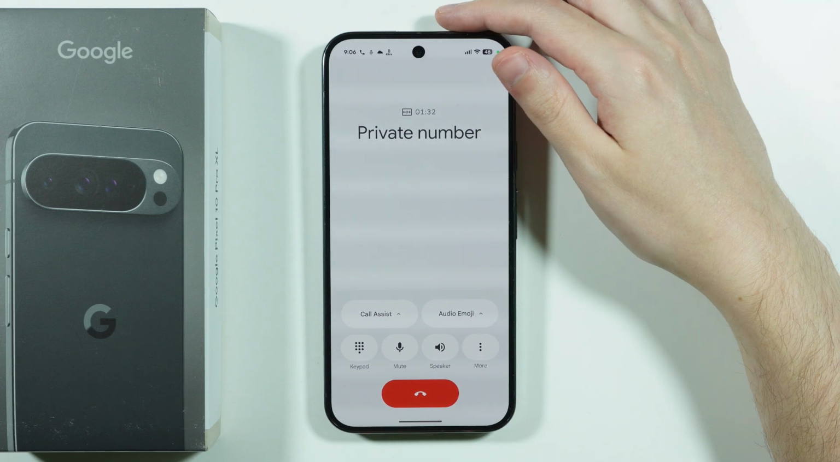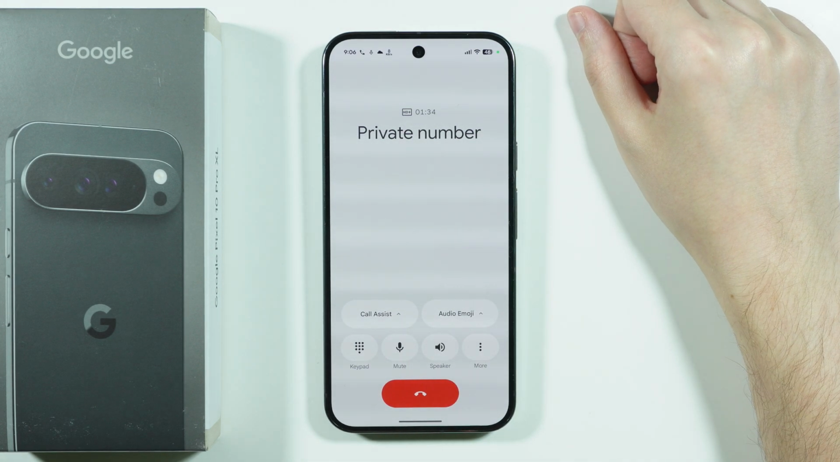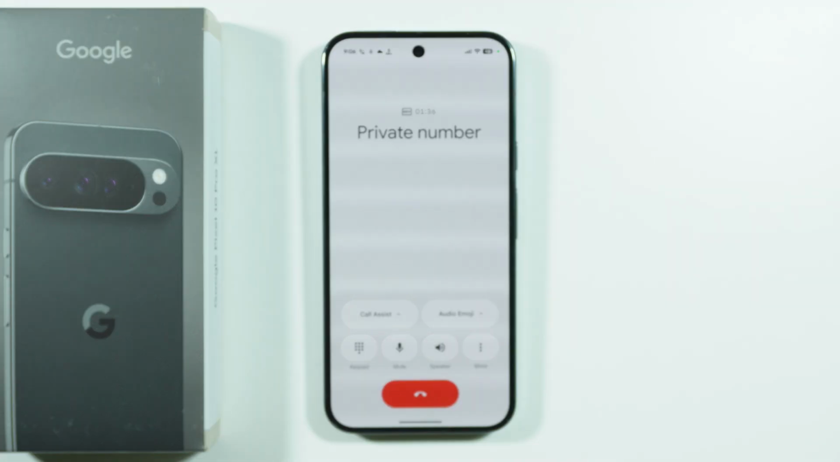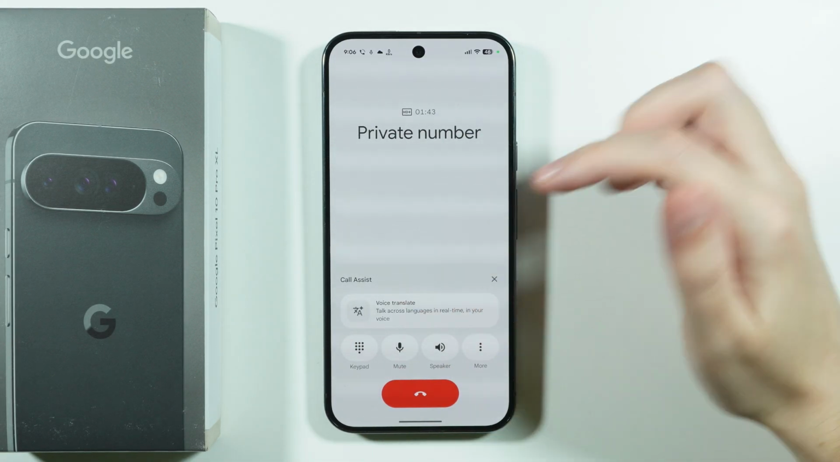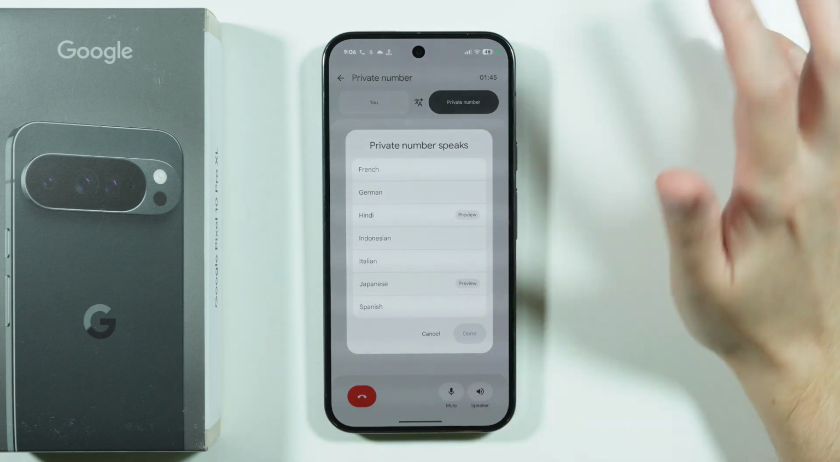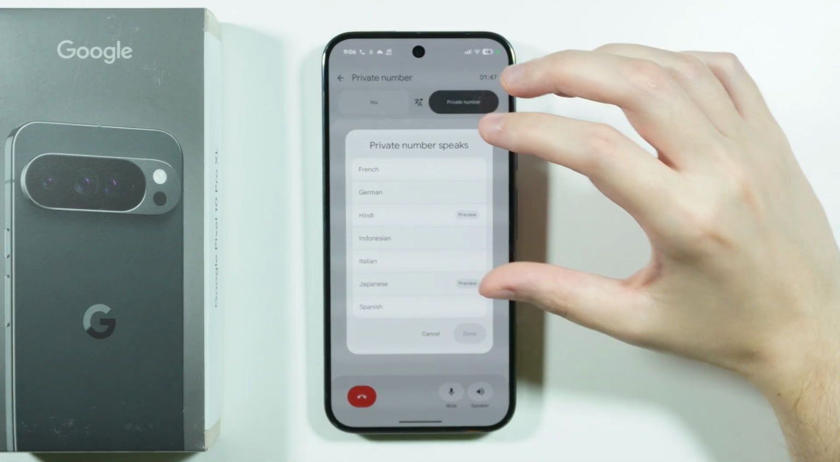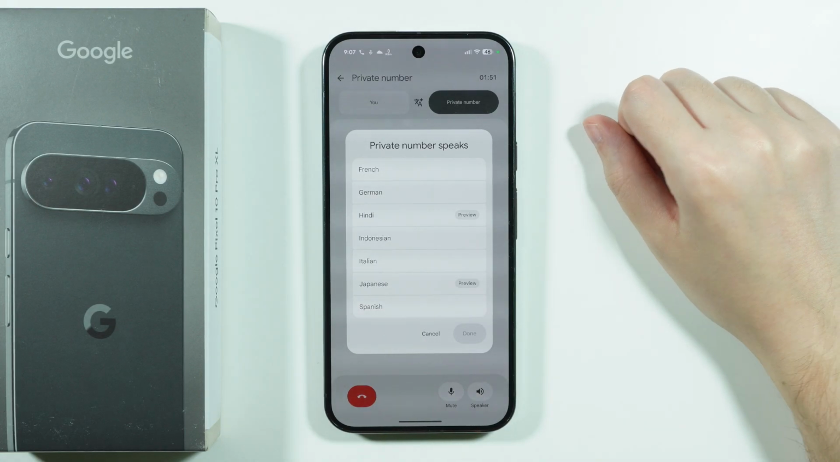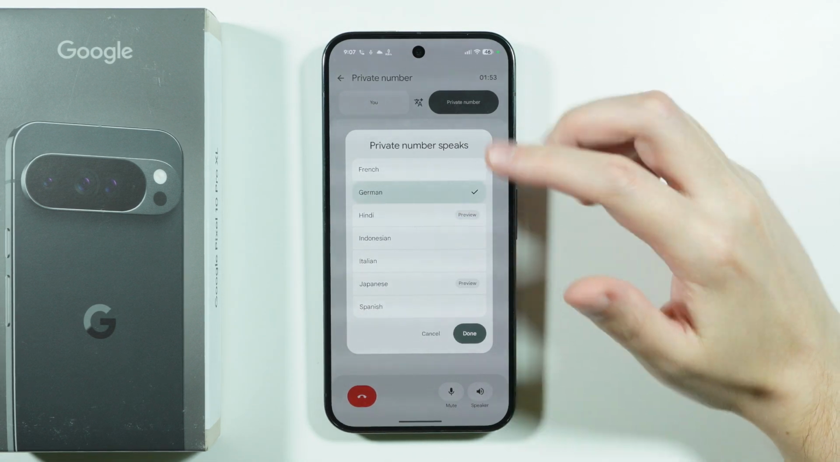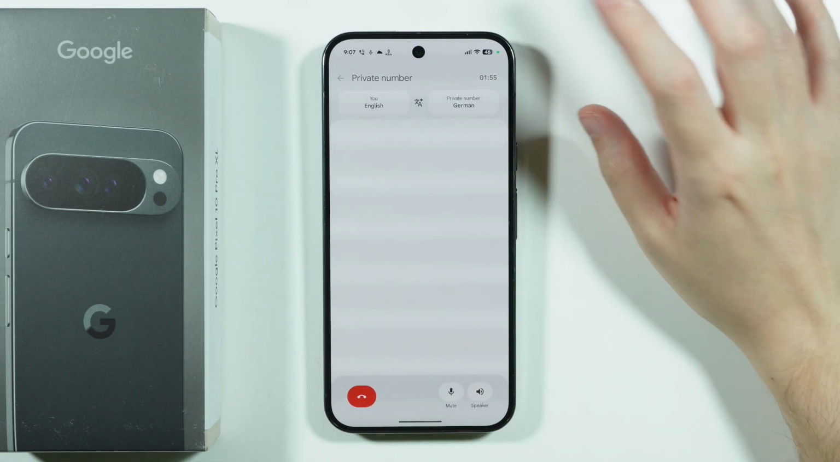If you want to use Call Translator on Google Pixel 10 Pro XL, then once you are on a call, you might be able to find the Call Assist option. So in this case, we can tap on this button and then we have the Voice Translate option. So we can tap on it and then we can choose the language of the other person that we are talking to. So let's say they speak German, so we're gonna choose a German language, we can press done, and